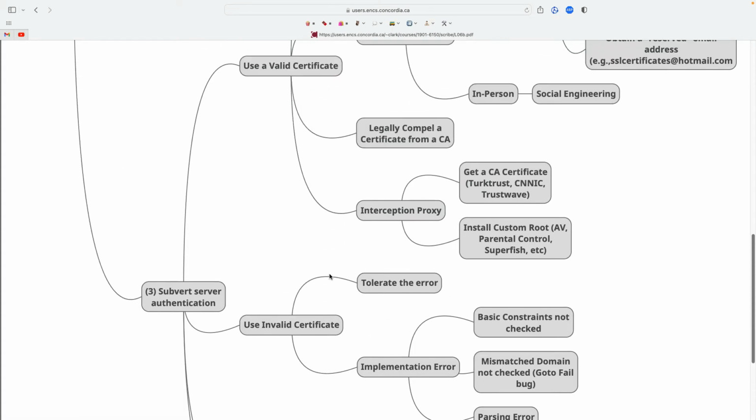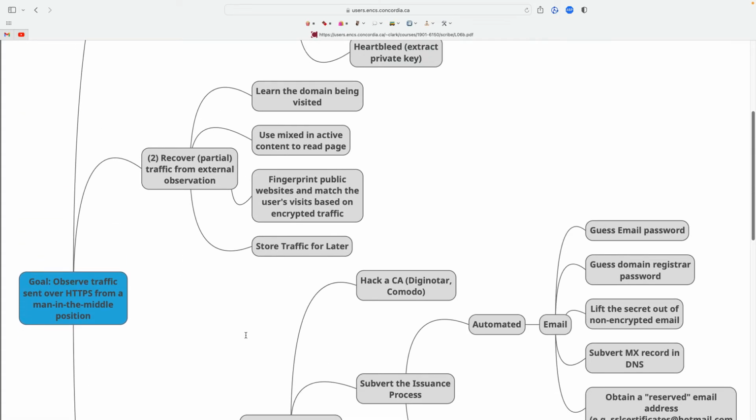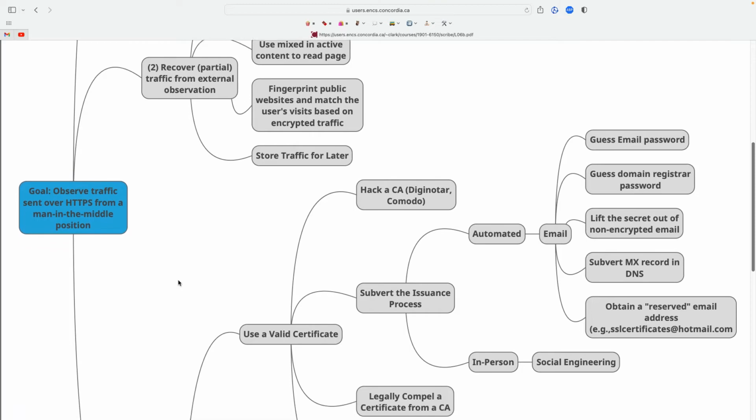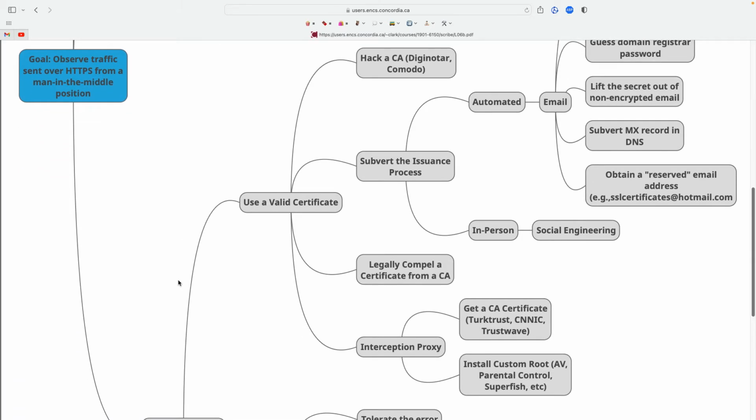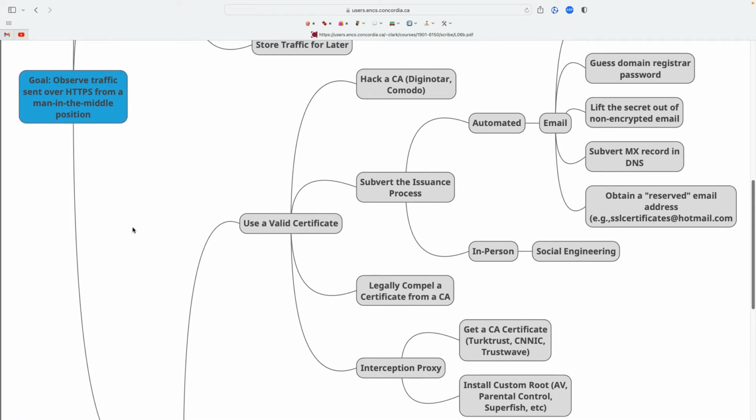Okay, and then the last thing is that an attack tree kind of tells a story as you move from the middle node out to a leaf node, okay? And so it's nice to pick it up and read it because you can just go and say subvert MX record in DNS, right? And maybe you know what that means. You know what an MX record is, you know what DNS is, but what does that have to do with HTTPS, right? Well, the story's told in the path, right?